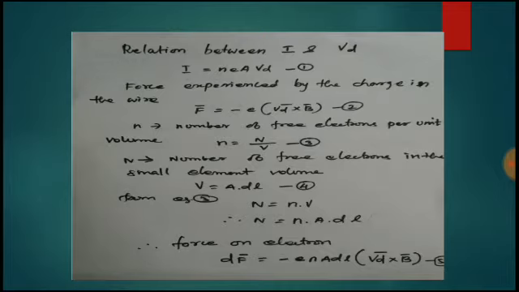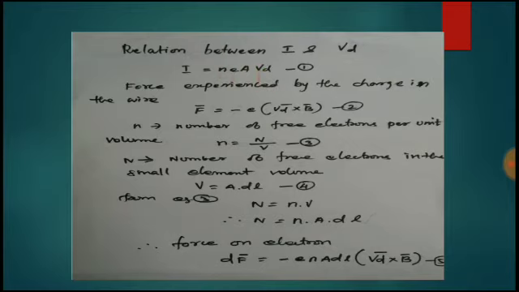Inside that conductor the electrons drift and move with drift velocity Vd, correct? The area of cross section of the conductor is A, right? And the conductor has n number of electrons and the volume is V. So from this I am taking initially the relation between I and Vd. The relation between I and Vd: the current I is equal to nEAVd.